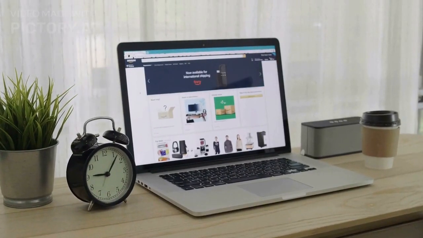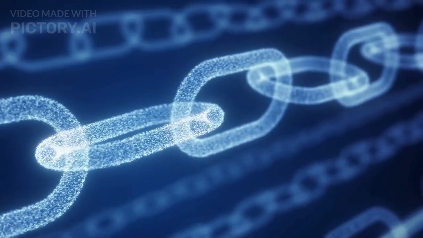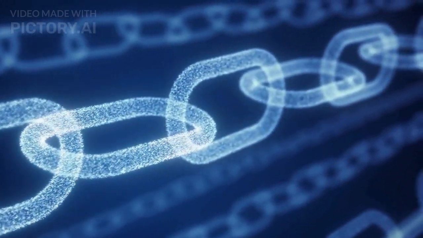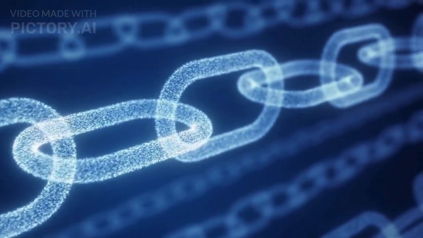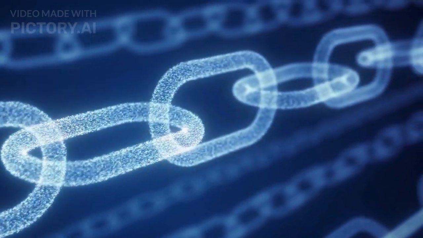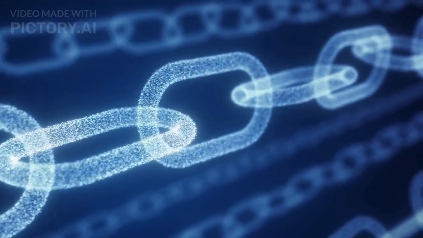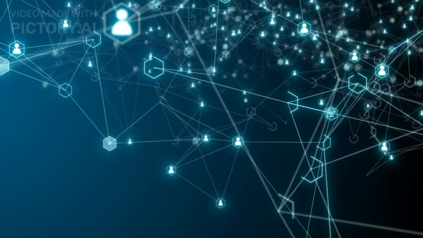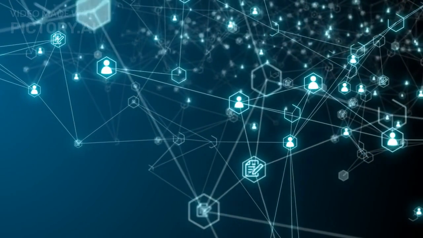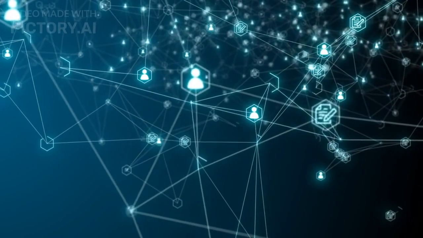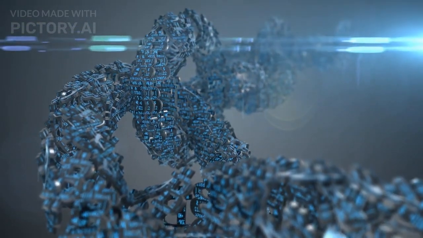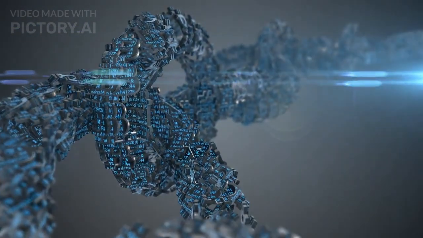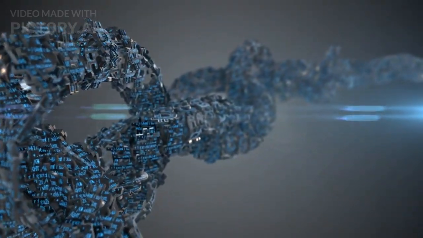Web 3.0, read-write-own. Web 3.0 is the vision for a new version of the web that uses blockchain technology to give power back to the users in the form of ownership. Blockchain is a distributed ledger that records transactions in a transparent and immutable way without relying on a central authority or intermediary. Web 3.0 enables users to read, write, and own information on the web.